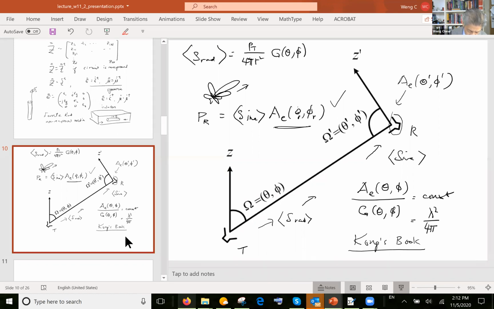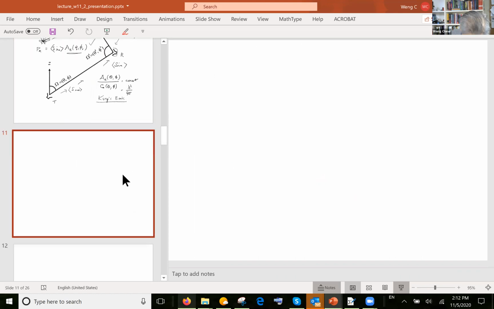There's one other thing I'd like to discuss before I move on. If you don't have any questions on this, okay. I'd like to discuss one other fact before I move on. I'd like to discuss the fact that the concept of reciprocity is very much related to the concept of a